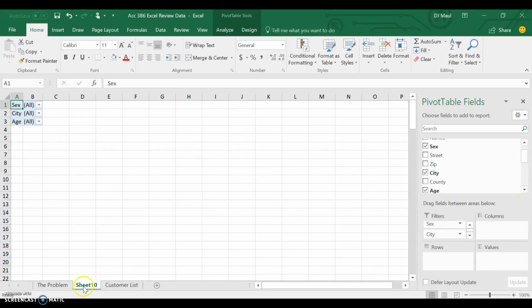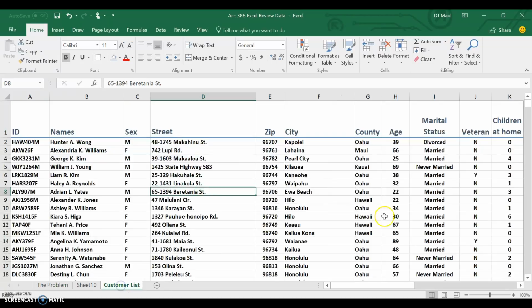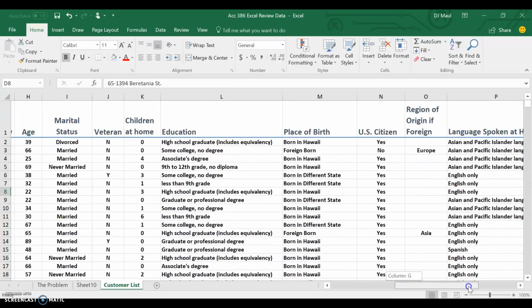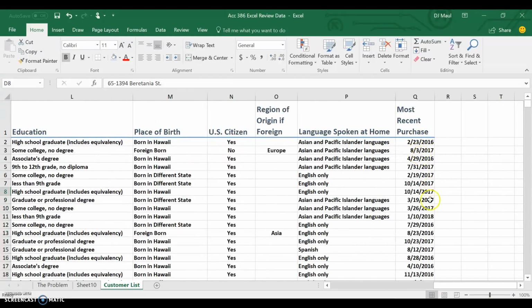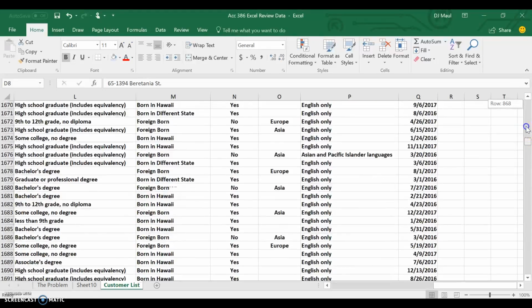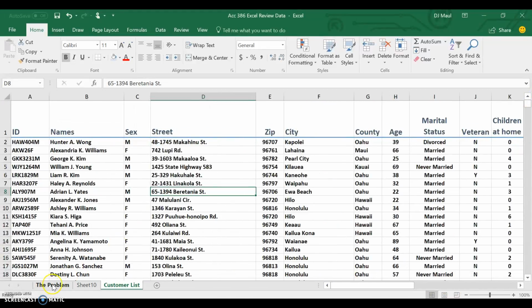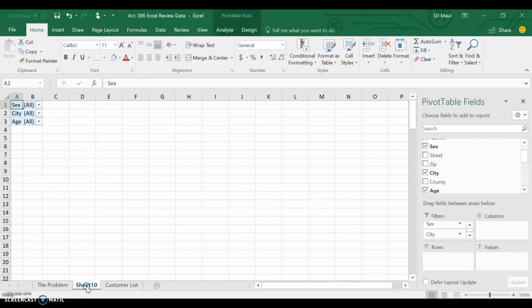And one thing unique about this problem is we're looking for active customers. Now, the far column of the customer list has their most recent purchase, and it looks like we have a bunch of different most recent purchase dates. And active, per this problem, is described as a customer who's made a purchase within the last 4 quarters. So we're also going to need